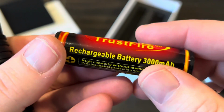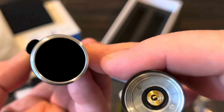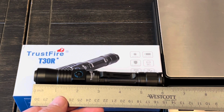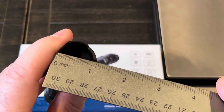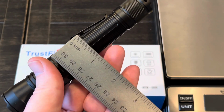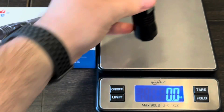It's an 18650, 3000 milliamps. And before I put the battery back in, there is a spring down there, and there's a spring there. Decently thick walls on the body. Some quick dimensions on the T30R: it is 6.2 inches in length. The head diameter is just over an inch, 1.2 inches, and the body is right about an inch. So it will fit in your 1-inch flashlight mounts. And having the dual springs, it will definitely work okay on a rifle. And the weight with the battery in it